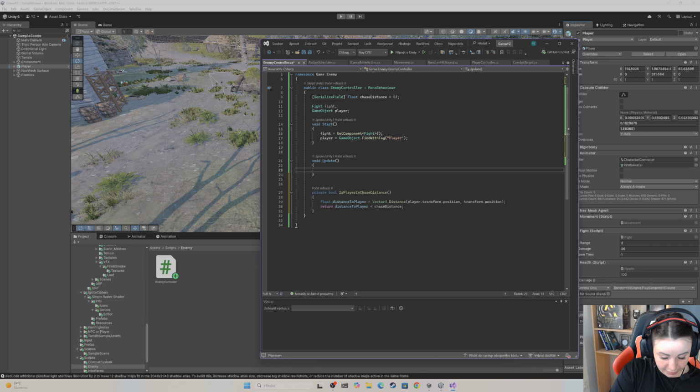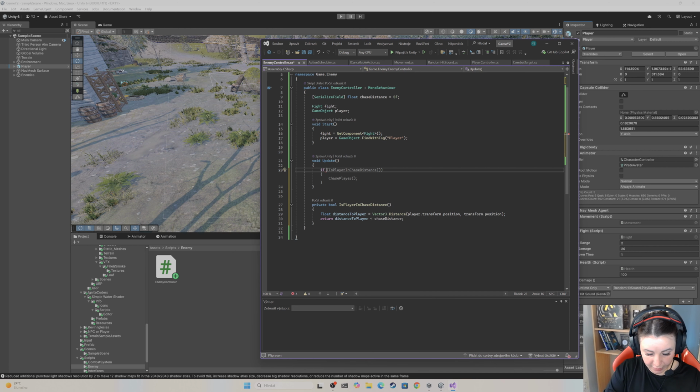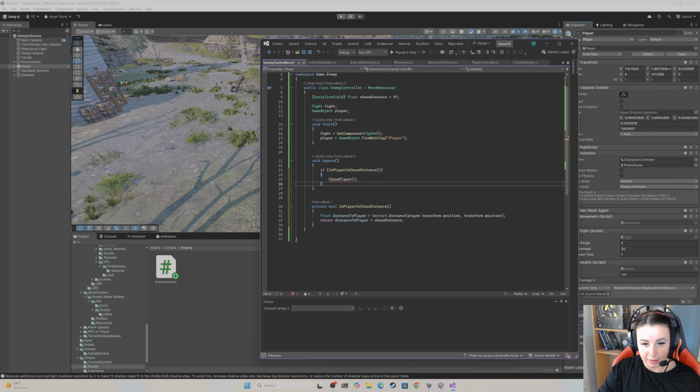So if the player is in chase distance, if it returns true, and also we could attack our